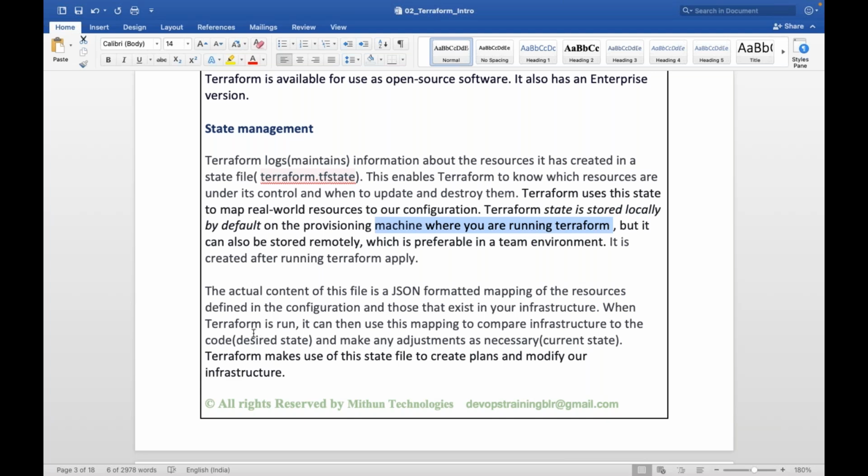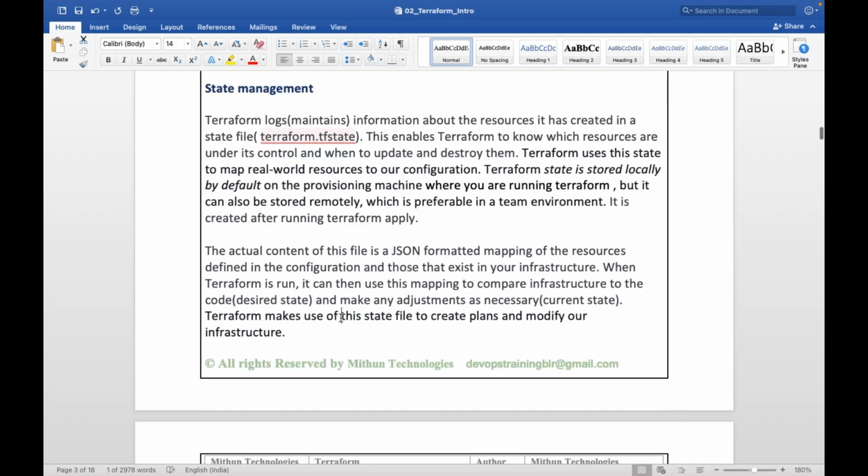So when Terraform is run, when we are applying the Terraform script, Terraform will use this state mapping to compare the infrastructure to the desired state, and it will make any adjustment as necessary as per the current state. Terraform uses this state file to create plans and modify our infrastructure.